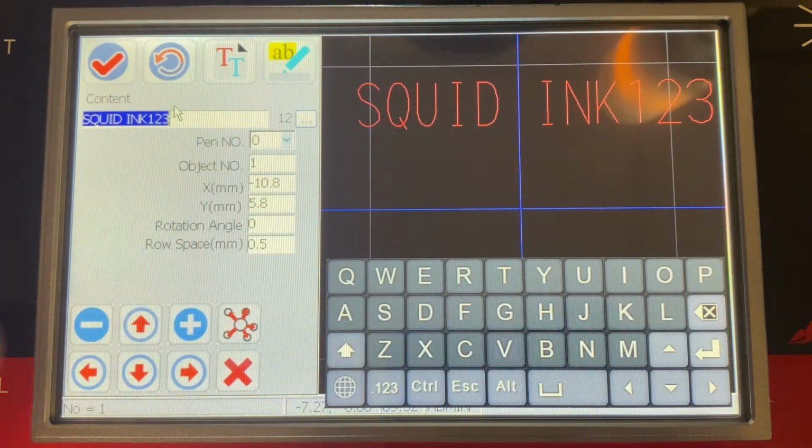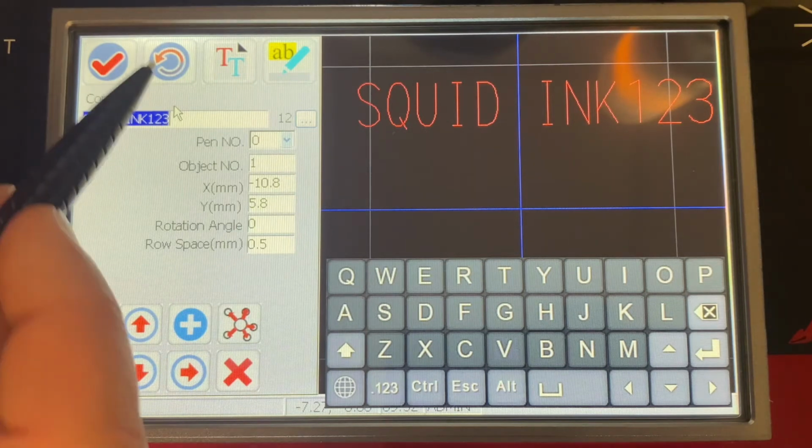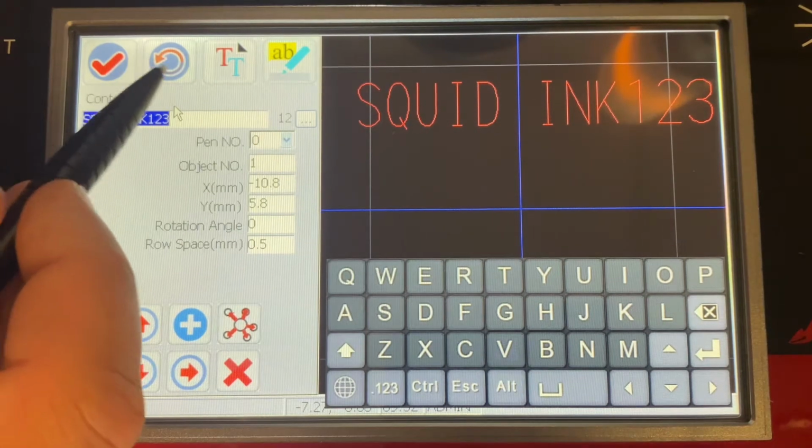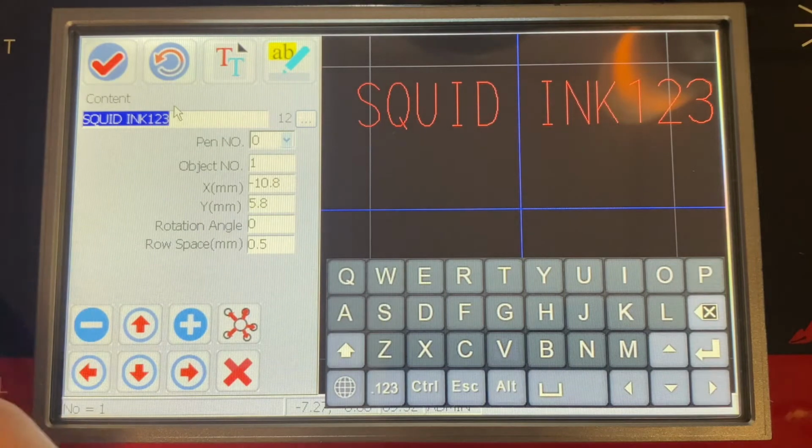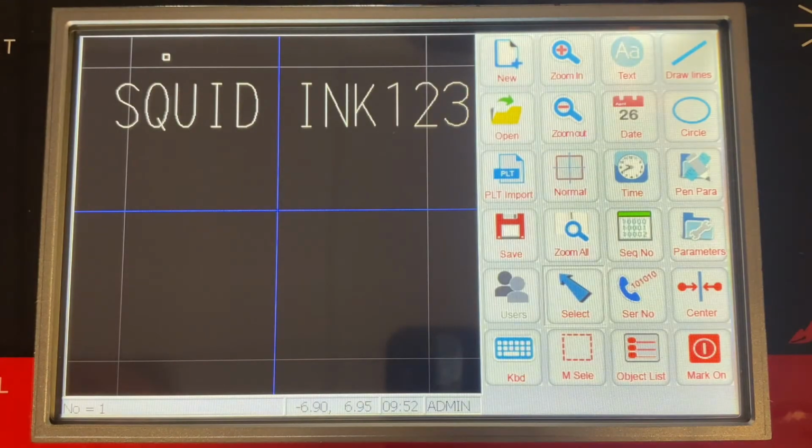You may have noticed when we're in our editor here, a quick back out is just this arrow right next to the check box here. So that'll quick take us out of the editor. That's all that's for. Okay, so we've got our first piece of just static or generic alphanumeric text put into